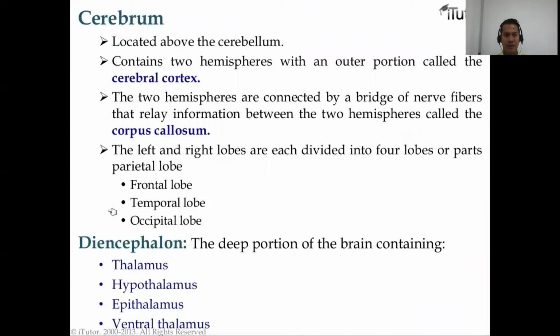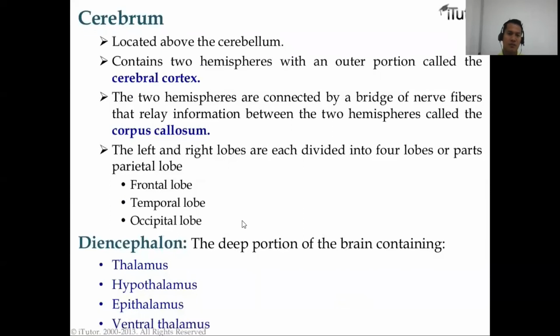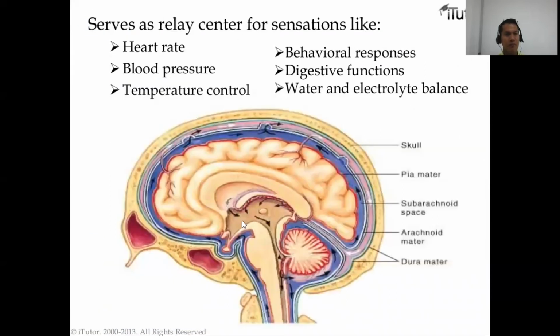Cerebrum. So let's talk about the cerebrum. Located above the cerebellum, it contains two hemispheres of a cerebral cortex, and they are connected by the corpus callosum. There are the frontal lobe, temporal lobe, and occipital lobe. All right, I'm not going to talk much about this one. But basically,